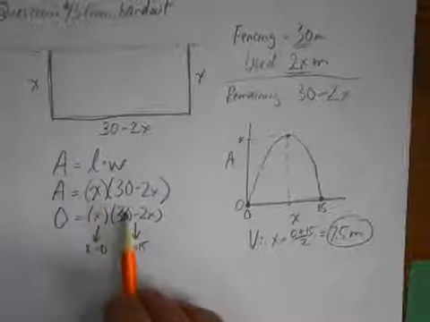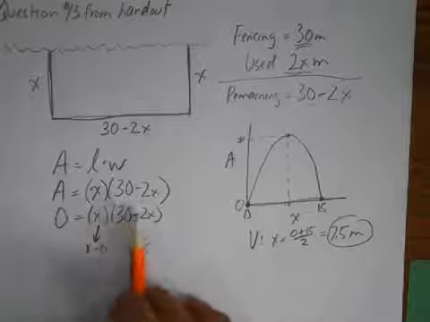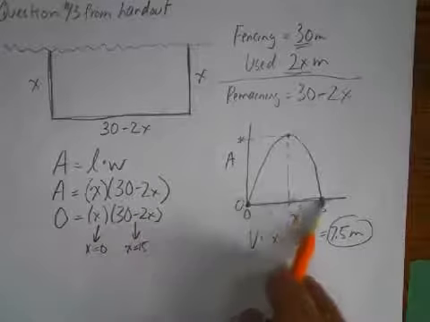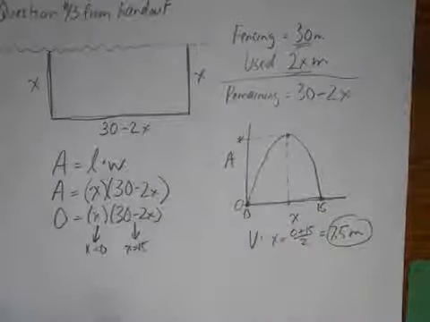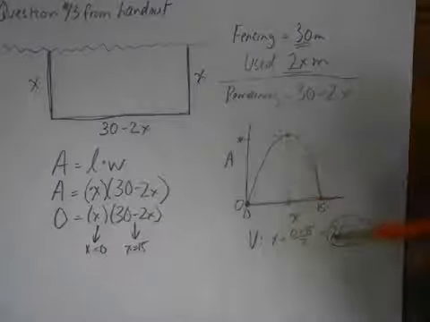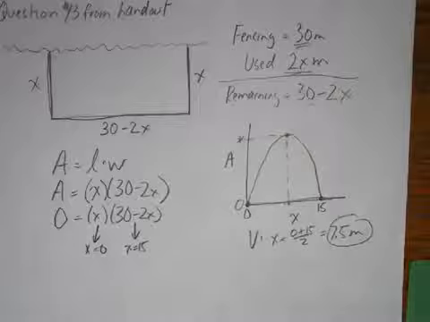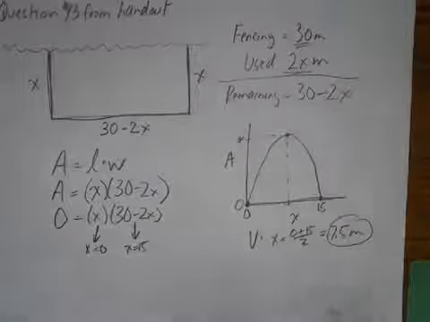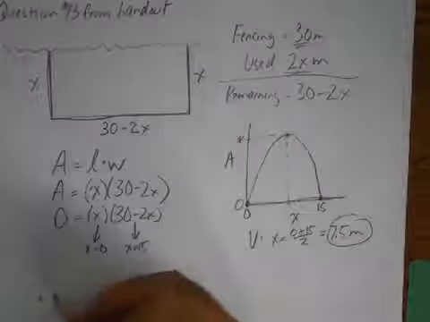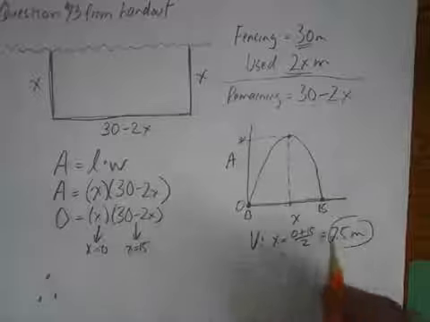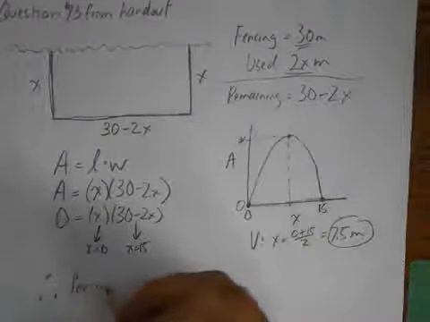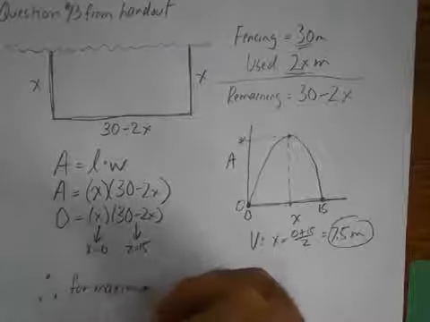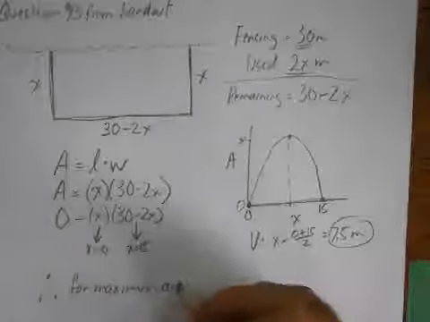And that's because it's in factored form. Set the area to 0, solve for the factors. We get the zeros, and then the midway point is where the vertex will be, the axis of symmetry. Okay. So we've basically answered the question. X needs to be 7.5 meters. So therefore, for maximum area,